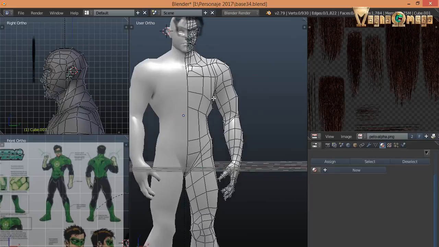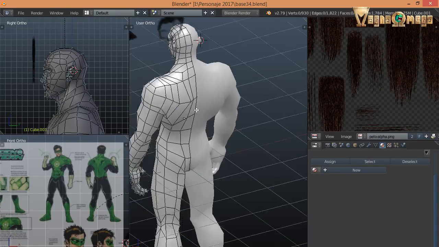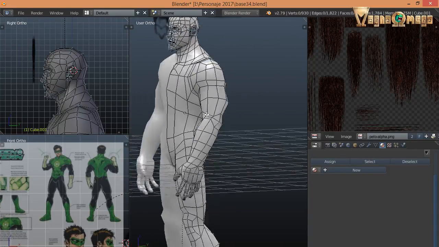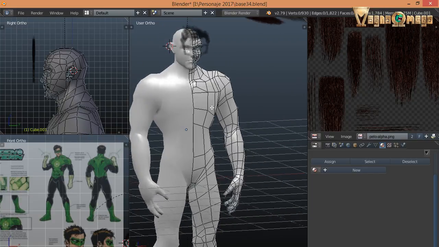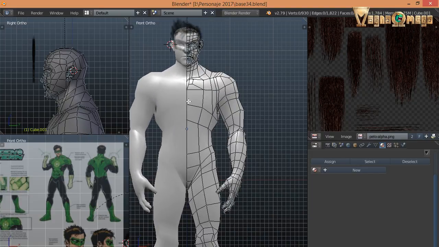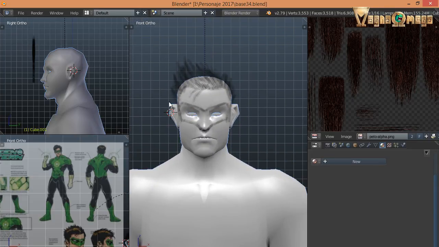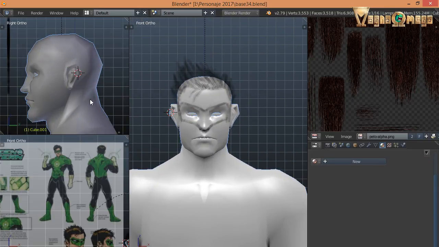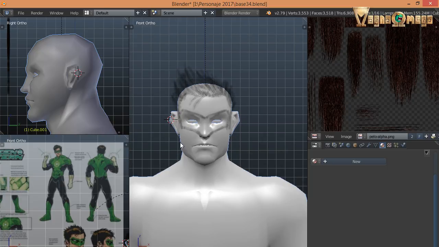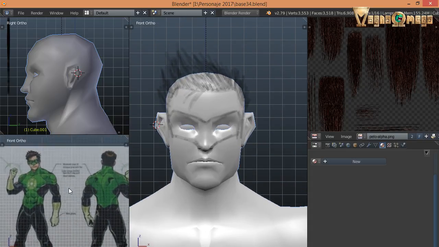This is only a base. Later I will add more details, and I want to sculpt all the muscles in the near future. But right now, what my students need, that's why I make this video for my students, is